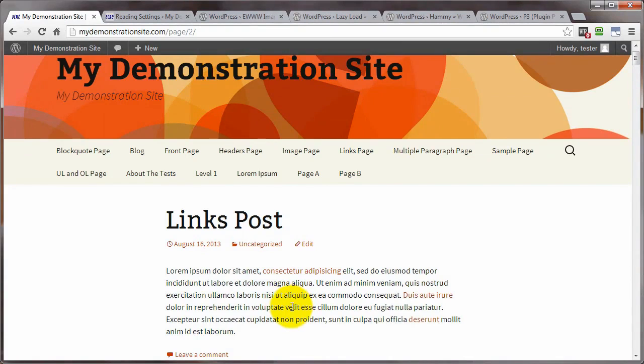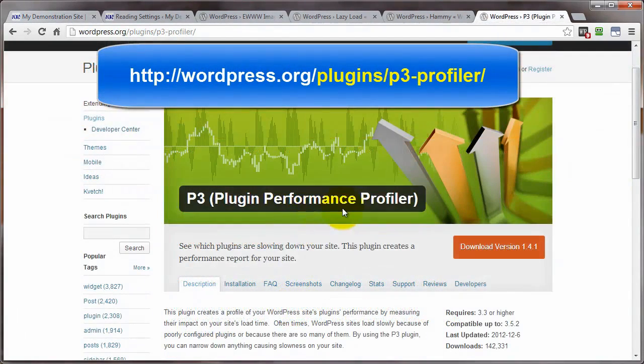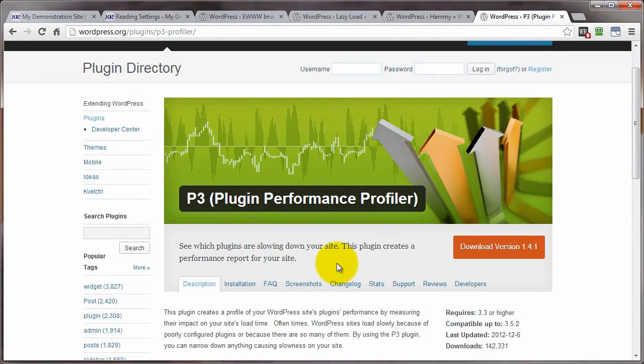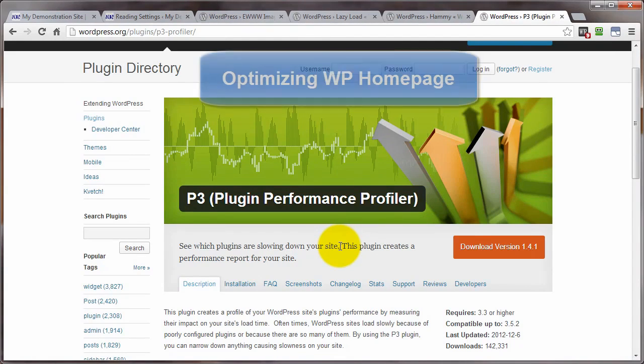Now, lastly, if you're using a bunch of plugins on your WordPress site, you should check out a particular plugin called P3, or Plugin Performance Profiler. And what this does is just like it says here. It sees which plugins are slowing down your site. It puts together a report for you, and it makes it a lot easier for you to make a more informed decision on, do you really need that plugin to do that particular thing? Because you can now see how it's affecting the load time of your site. And that's going to bring us to the end of this video on optimizing